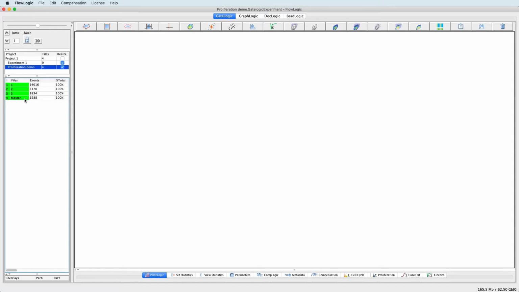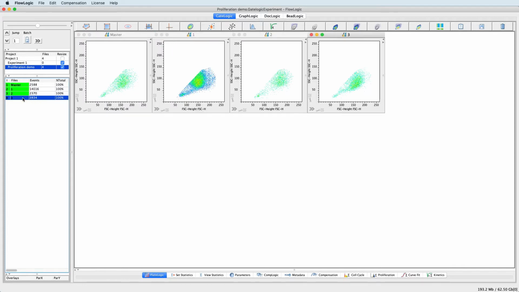This might mean that the order of the files in the file inspector needs to be changed, and in my example here, I have my master file listed as the 4th file, but as I want this to determine the position of the first generation gate for the other 3 files, I will drag and drop it to the top of the list. I can now continue my analysis by opening the plots in the workspace, displaying in this case